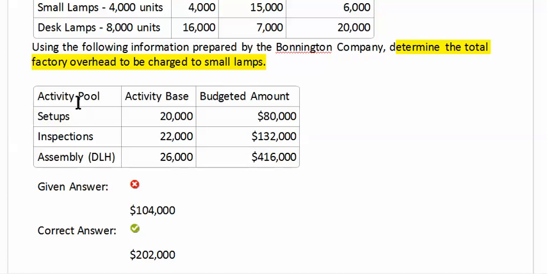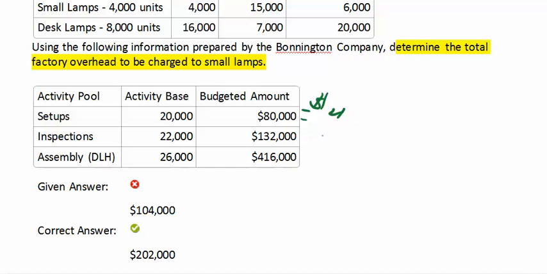We have our activity pool with the budgeted amounts and activities. We can make our calculations for the cost to be allocated to each one. For the setups, we have $80,000 and an activity base of 20,000, so we'll have a $4 rate for the setups. For the inspections, we'll take the 132,000 and divide that by the 22,000 inspections,